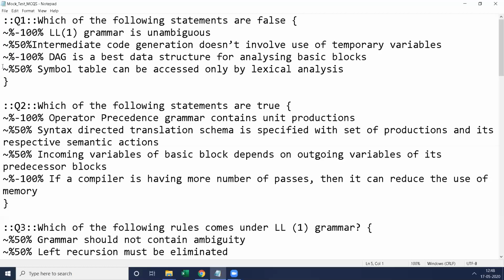So this is the prefix: tilde operator, percentage. There is no equal to operator here, because we are distributing the marks among more than one answer. So tilde operator, percentage, followed by its distribution.